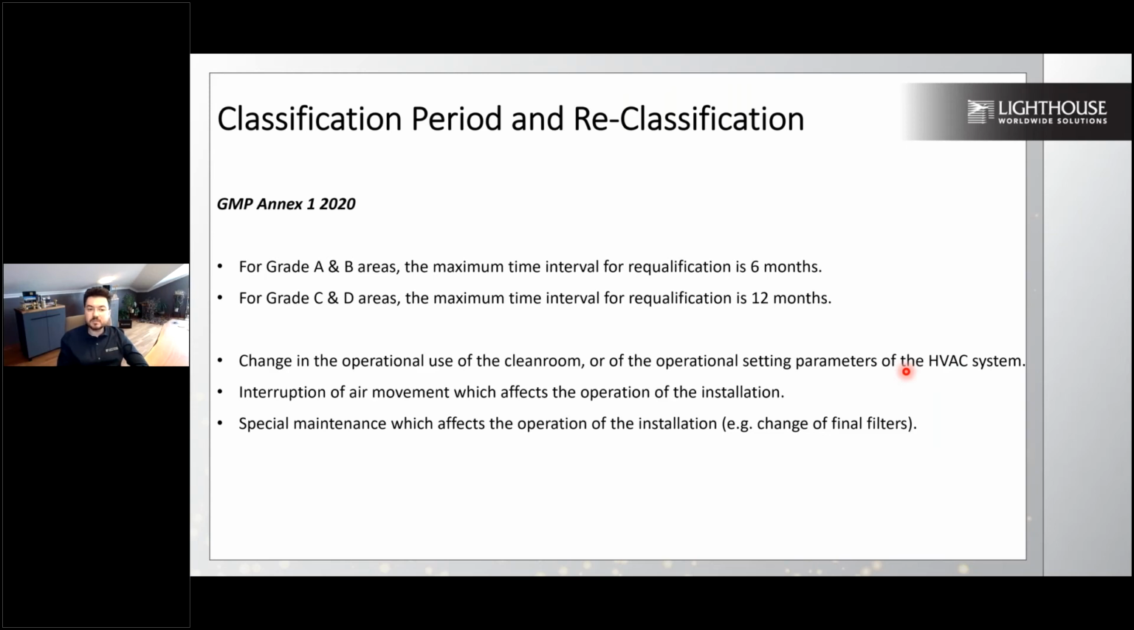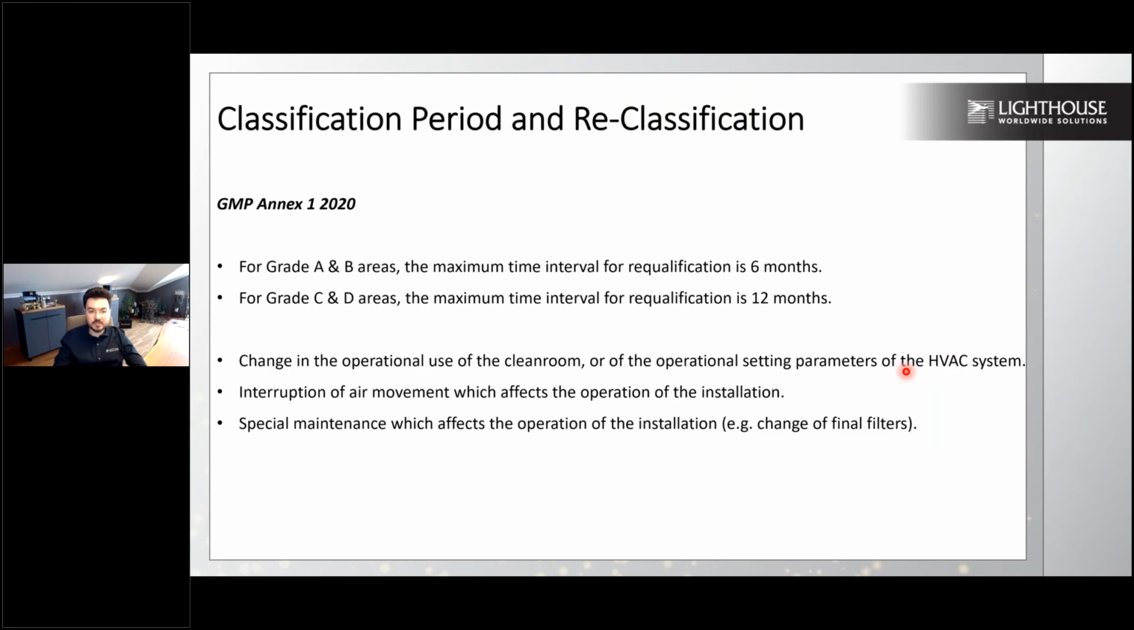Interruption of air movement, which means you turn off your HVAC system for a certain period of time. When you rerun the clean room, you should run this test again with the performance qualification. Special maintenance which affects the operational installation, which means if you change the final filters, if you have new equipment in the room, or the design of the entire clean room changes, this also